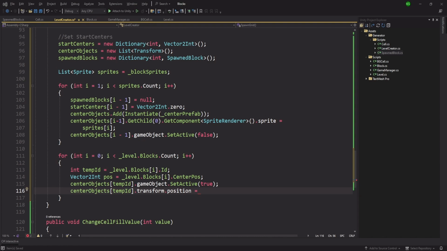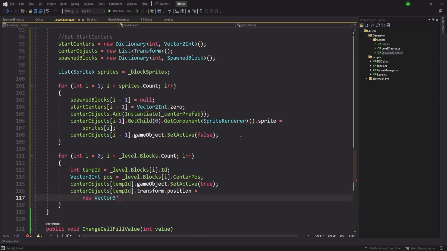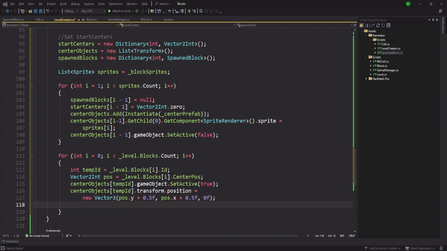So its position is going to be new Vector3. We need to pass the y and the x, so pos.y + 0.5f, pos.x + 0.5f, and finally 0f, and spawn blocks of temporary id is going to be Instantiate our block prefab,